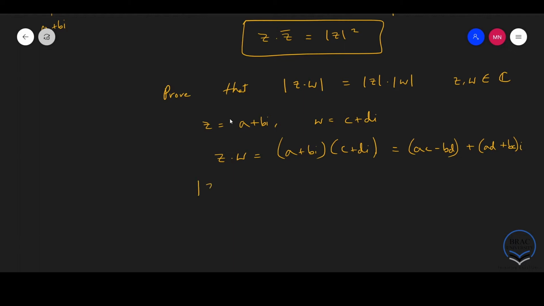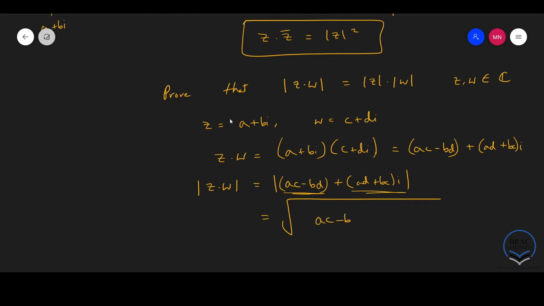Now if I take the magnitude of this, so I'm taking the magnitude of ac minus bd plus ad plus bc i, and this will be equal to the square root of the square of my real part plus the imaginary part squared, right? So we have ac minus bd whole squared plus ad plus bc whole squared,